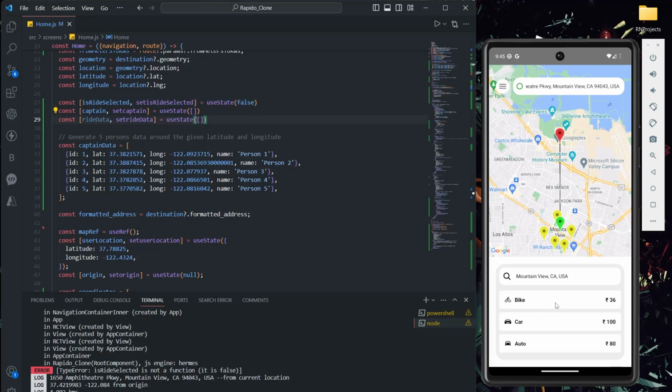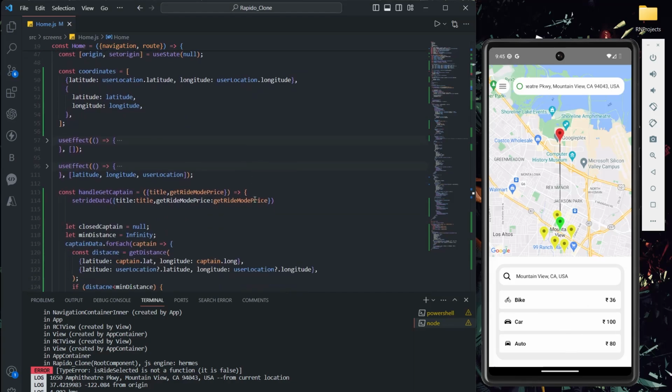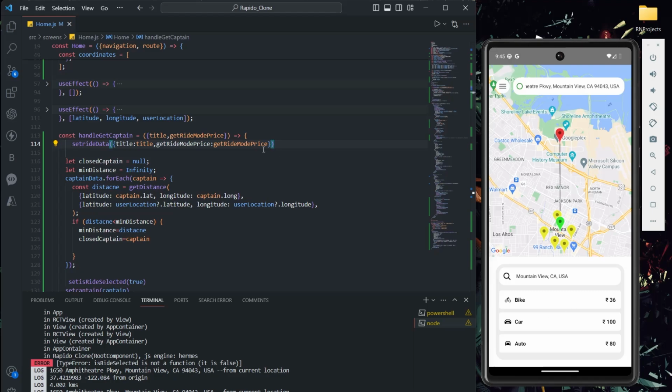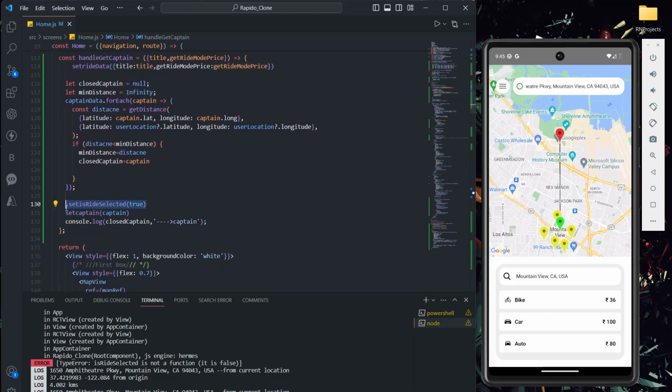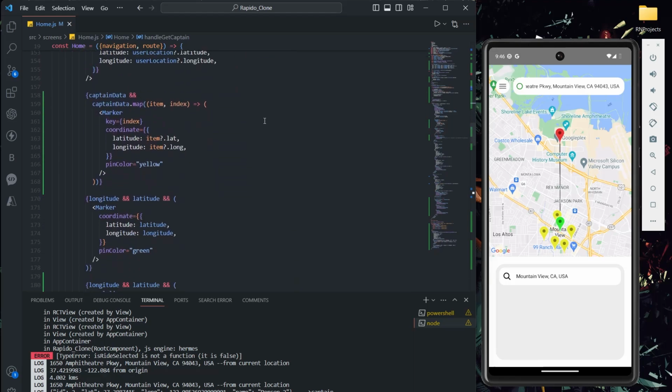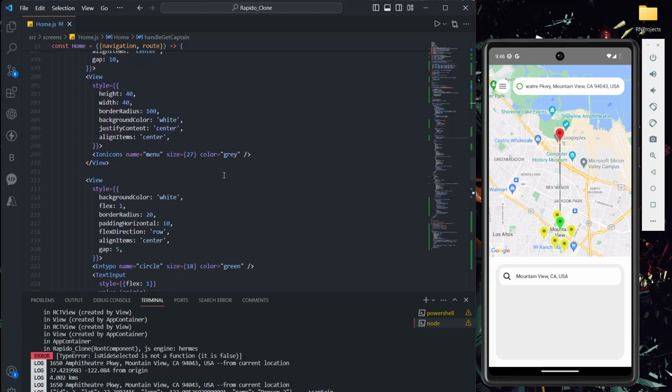Now on click of any of these options, let me show you this handleGetCaptain. This is the thing, right? We are calling it on this click. Now here I'm directly making it true. So now if I select this, see, the UI just simply disappeared. We are just toggling this, that's it. Now I don't want to show this text also, or if you want to show this search icon, you can keep it, otherwise you can remove it. Right now if the user wants to change the address again, so we'll keep it like this only. Okay, I don't want to remove that.